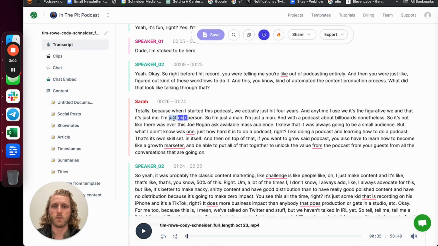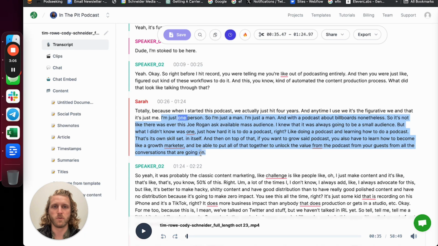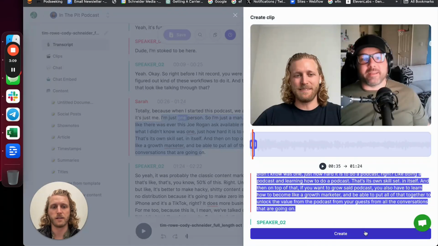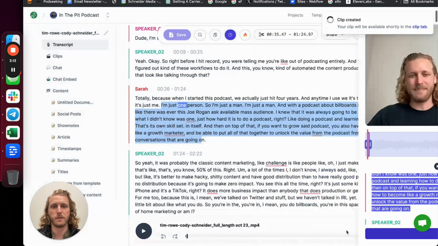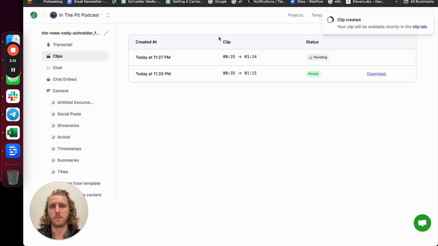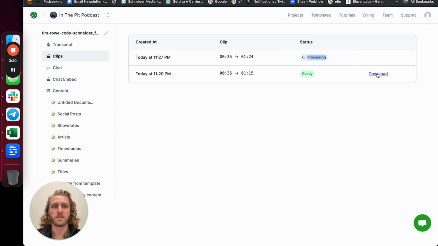I can also select a section, and what that's going to do is bring this clip button up. So once I click that clip button, you'll see that this flyout happens, and I can hit create clip. And what that's now doing is, on the clip tab, it's generating that clip, right? So at any point, or once that's done processing, I can download that clip,